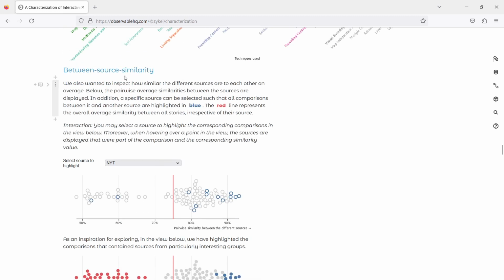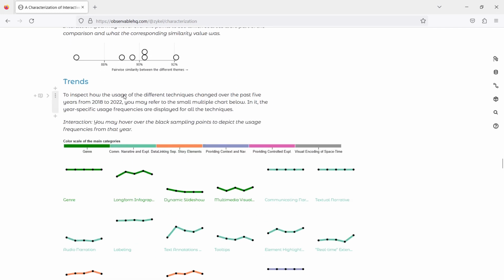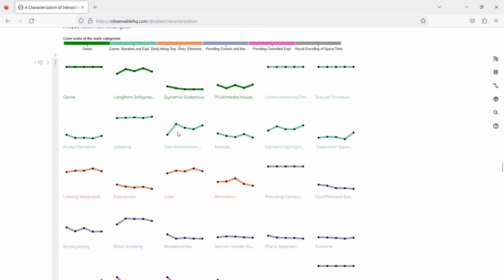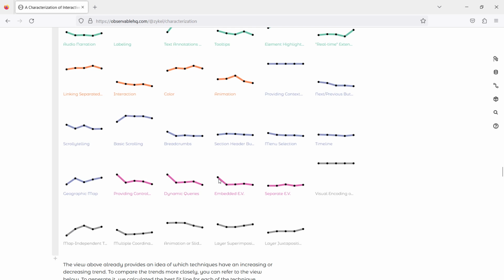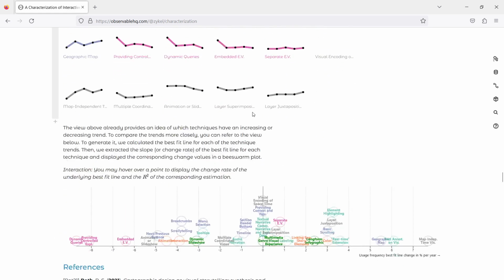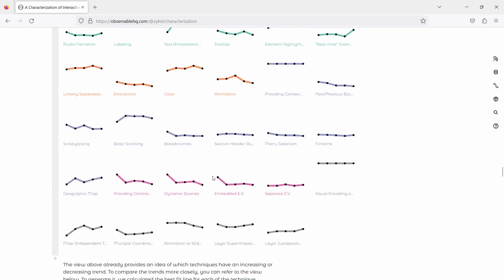We've talked about the between source similarity. There's also the between theme similarity. And then lastly, we talk a bit about the trends that we found across the years from 2018, where we started collecting the data, up until 2022. So for those 5 years, we find some trends here. And lastly, some information where we fit